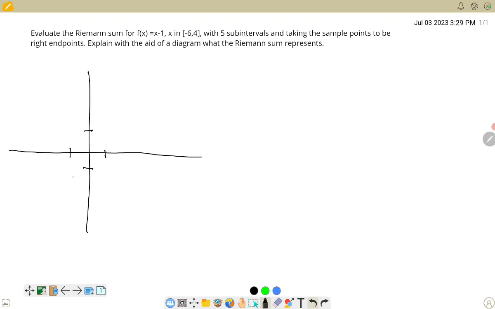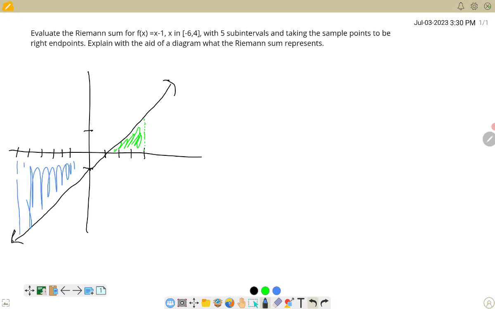our solution to the rest of this. So our function is x minus 1, which looks something like that. And we're going to go from, let's mark these off. 1, 2, 3, 4, 5, 6. So we'll have these all nice and marked off. And so what we're really looking at is the area right under here, and the area over here